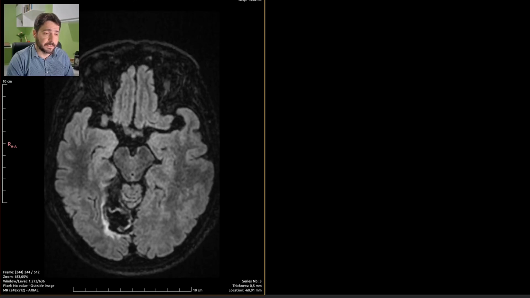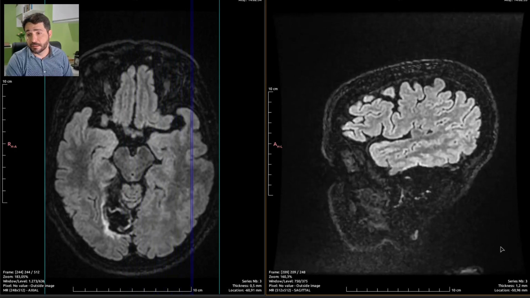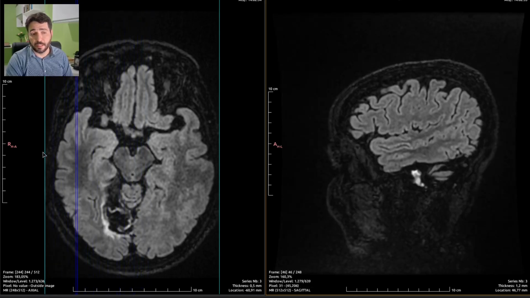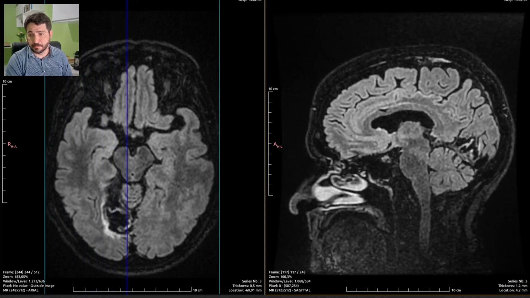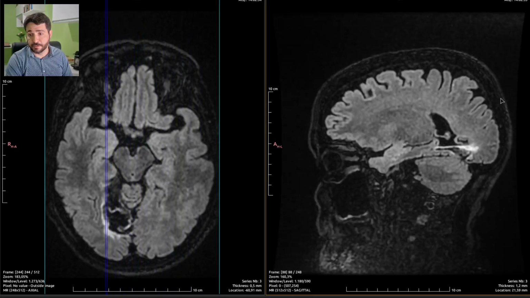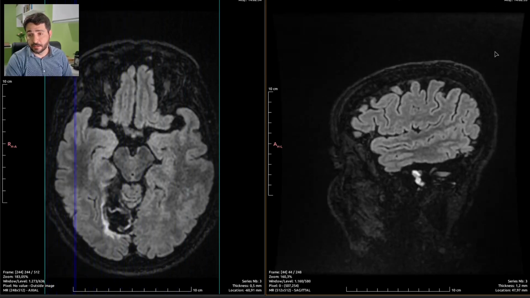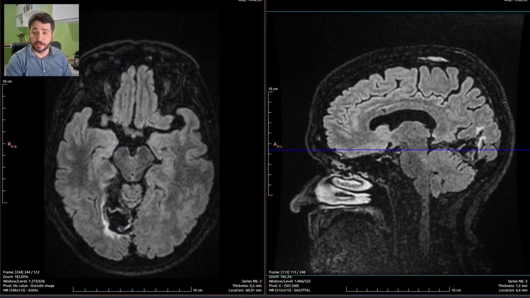So let's see, this is an MPR reconstruction because the original acquisition is sagittal, because this is a volumetric acquisition. This is very common because acquiring a volumetric sagittal image on a brain MRI is much faster than if you do it on any other plane. So you can always do an MPR if the sequence has been done properly, and this is a very nice looking sequence. You can see the malacia and the gliosis